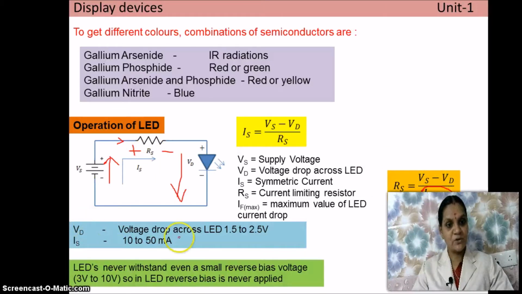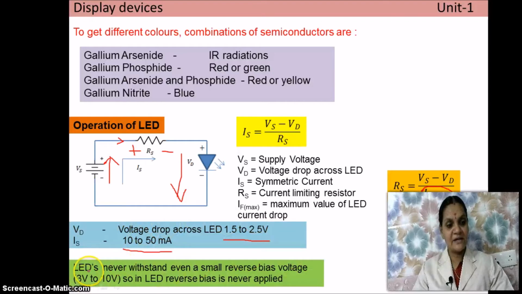One summary point is the voltage drop across the LED. Normally across an LED, the voltage drop will be 1.5 to 2.5 volts for any type of LED. And the forward current flowing through the LEDs may vary from 10 to 15 milliamps. Normally we use 20 milliamps. If the data is not given in the problem for the current, you can use any value between 10 to 50 milliamps. Keep that in mind. These are all constant values you have to keep in mind.